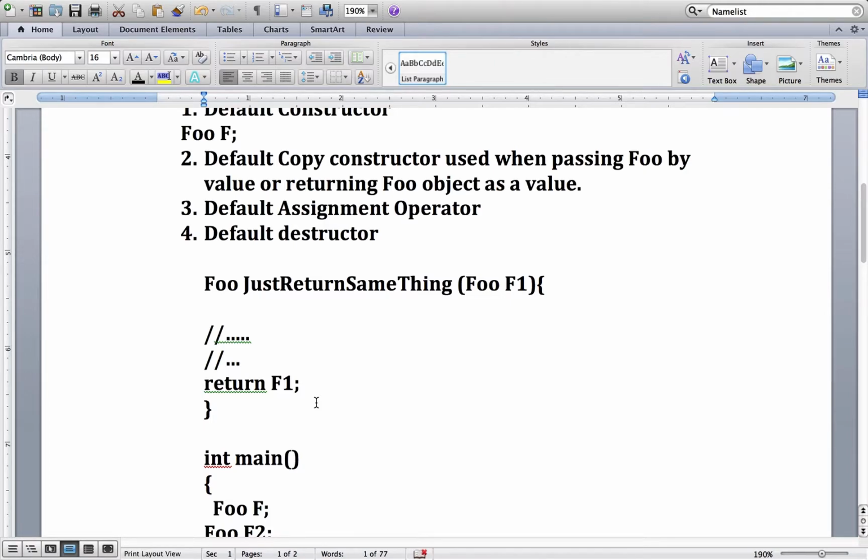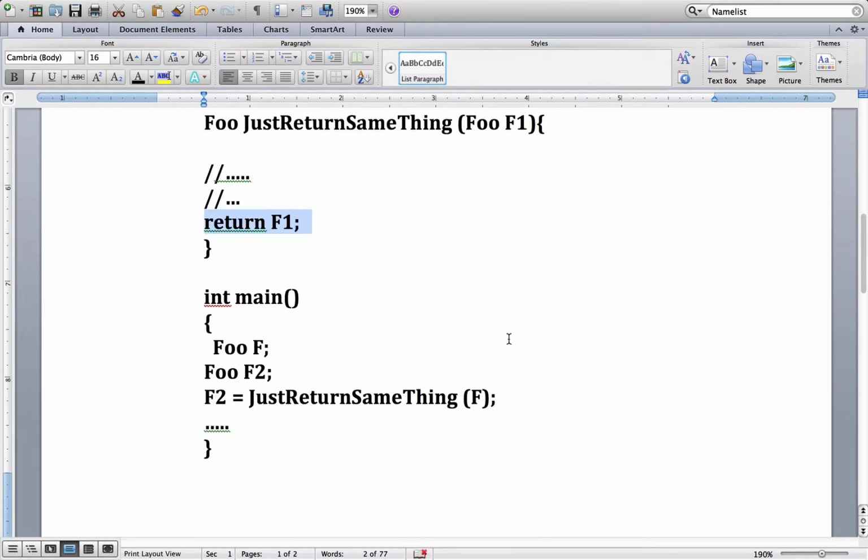If you return an object from a function, the copy constructor is called when you're passing by value and when you're returning by value. Both places, the copy constructor is called. And once again, it's hidden, it's given to you. Let's think of the third thing, that